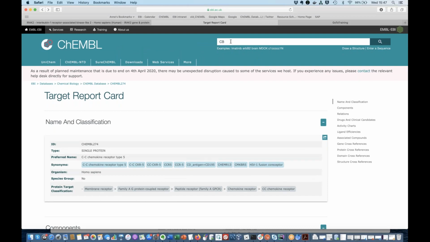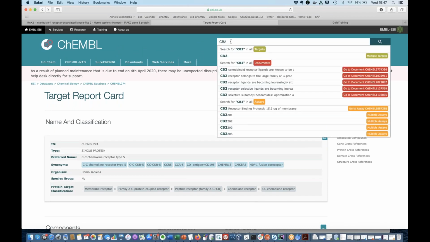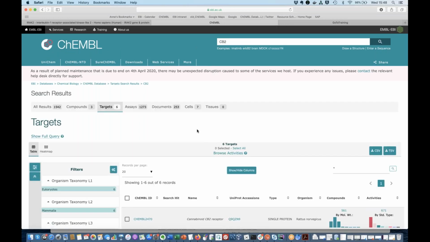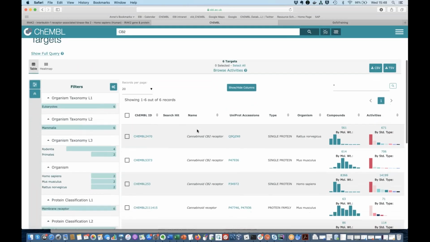We start with another example. So here again, it's another target search. I've chosen this cannabinoid receptor. In the same way, we can search for the target. And then again,